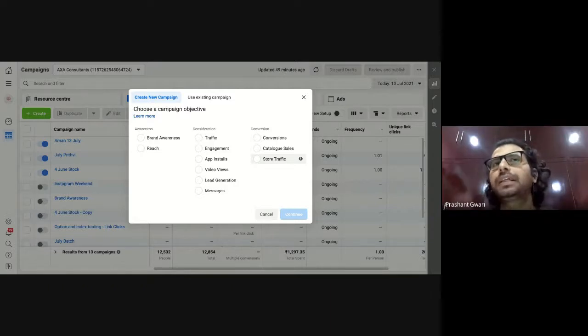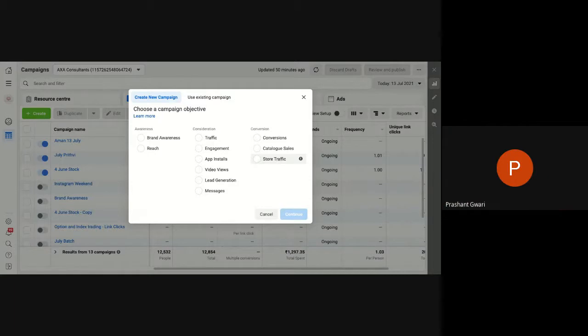So there are more than 10 to 12 types of advertisements you can run on Facebook and Instagram. First you have to choose your goal. What kind of advertisement, and what you want to achieve from Facebook and Instagram or from that social media marketing campaign. Based on your goal, you will choose a related KPI, and in that KPI section you will choose how much traffic, how many leads, how many sales you are looking for in your business, and then you will run your marketing campaign. So today we have a client.